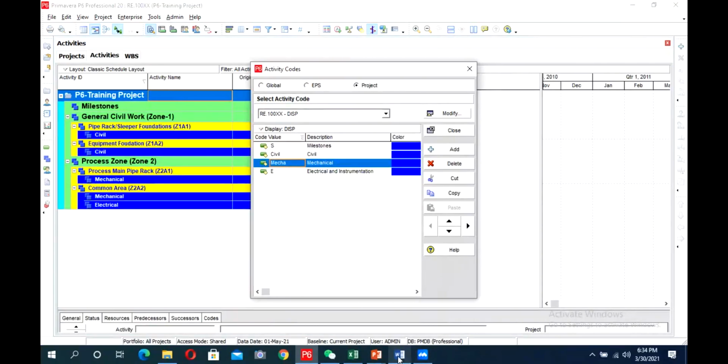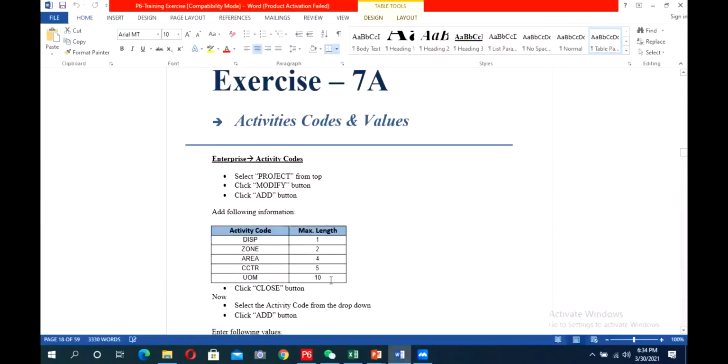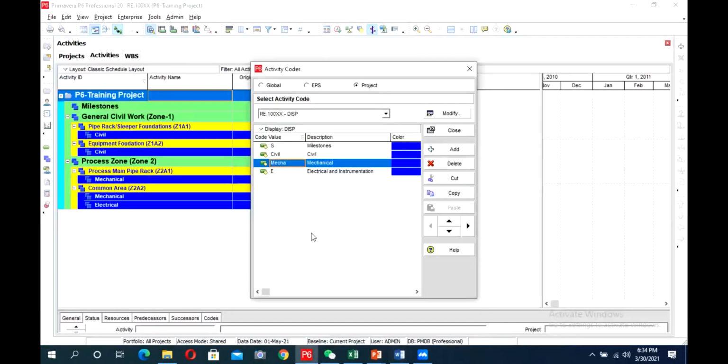I gave this value because I have given the same in the exercise. You can change it later on when you are having another project. So these are not standard. They vary from project to project. If you want to write the complete name here, for example, like civil, or you want to write ELEC for electrical, you have to give the value of 4.